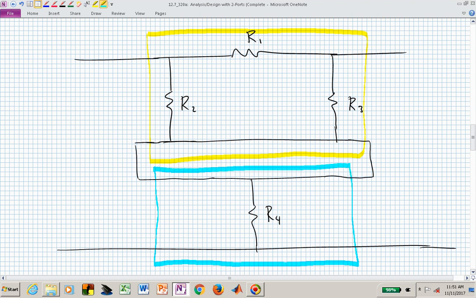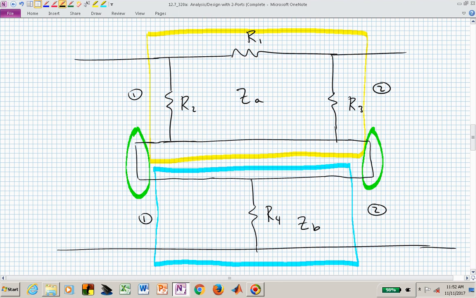I now have a yellow 2-port and a blue highlighted 2-port, and they are in fact connected in series. We now have a series connection, and I can identify the port 1 up above. If I called this Z sub A and this Z sub B, I now have port 1 and port 2 in the top 2-port, and I have port 1 and port 2 on the bottom 2-port. And in fact, these are connected in series by the green highlight,